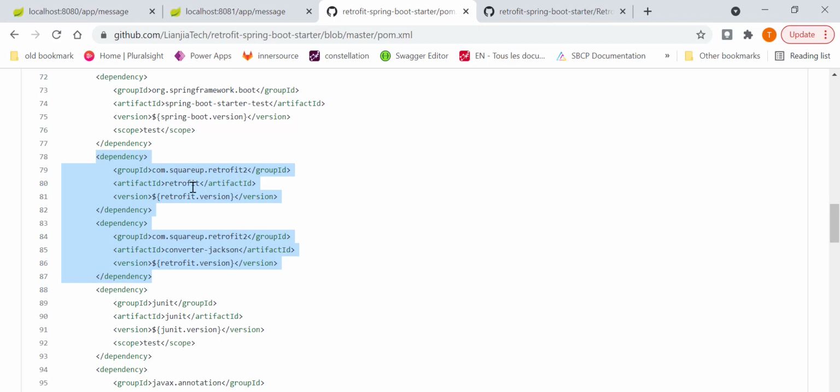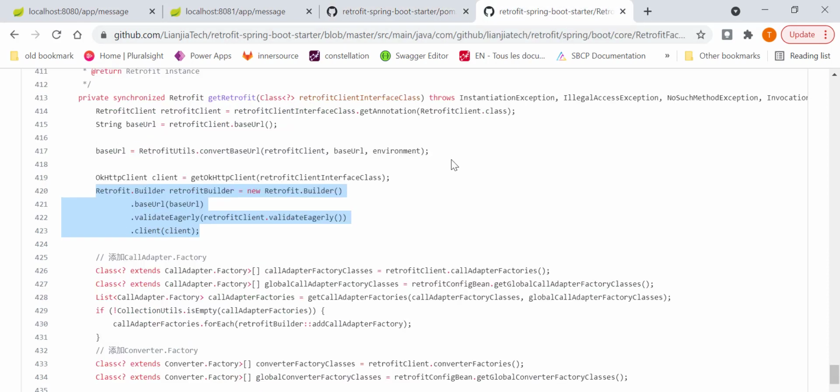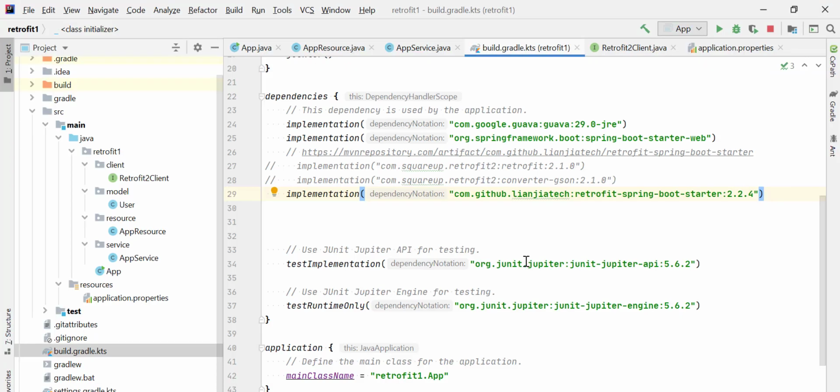Here we can see the dependencies we were using are the same, Square's Retrofit and converter. And we can see this piece of code that we wrote earlier, which we don't have to write after using this library. So after adding this library, there is a small advantage that it removes some code.